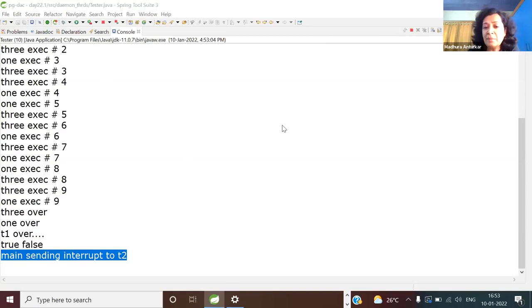Is it getting an interrupted exception anywhere? So that is what I was asking you. Will the interrupt signal be rendered useful or useless? Totally useless. And because one of the non-daemon threads, the user threads, is blocked and not over, your application is also not terminated. Understood me so far? All the observations are clear?